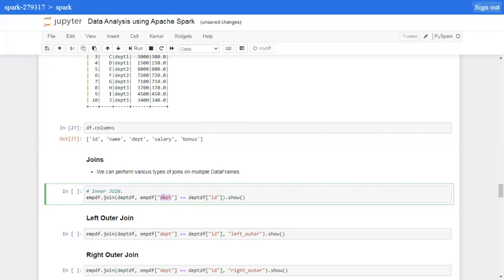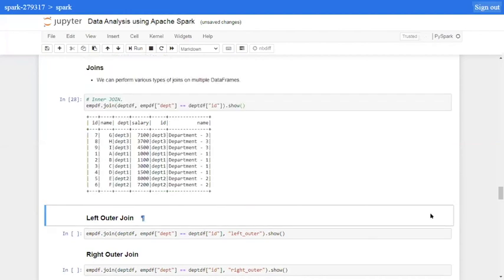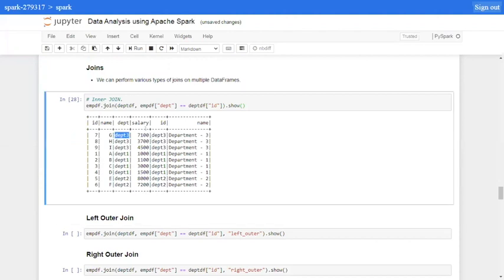That ID is named department in the EMPDF, and in the DPTDF, it's named ID. So we would like to join based on this. And if we show here, we can see we have joined the two data frames based on these two columns. And this is how it looks.